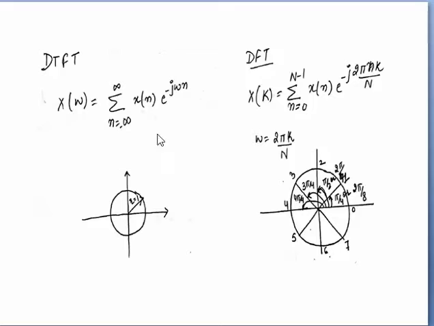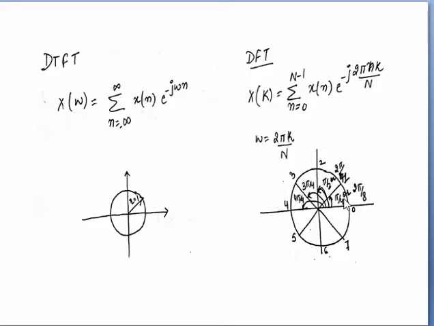Previously we have discussed that omega covers 2 pi radians of the circle. So 2 pi is there in omega, that is equal to 2 pi k by N. Now what is k by N? To determine that we draw one circle and divide it into 8 equal parts, that is 0, 1, 2, 3, 4, 5, 6 and 7, having 8 equal parts, and the circle completes 2 pi radians. Now the angle in each section is pi by 4.